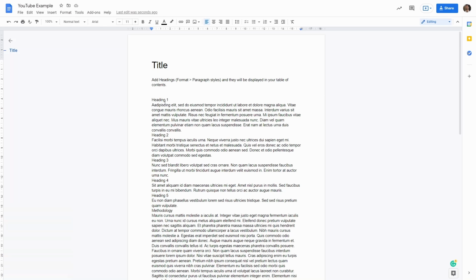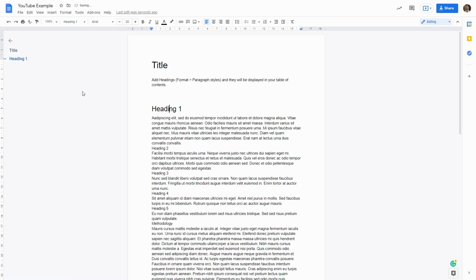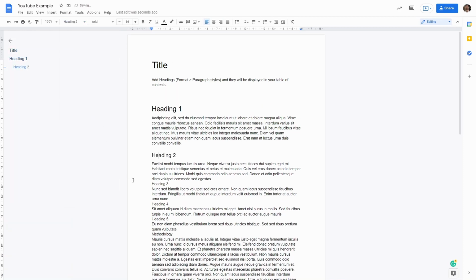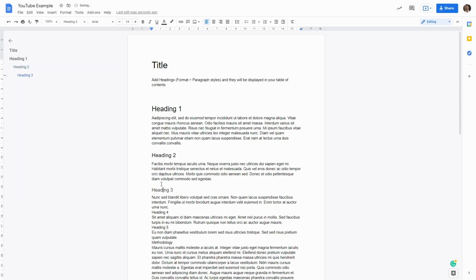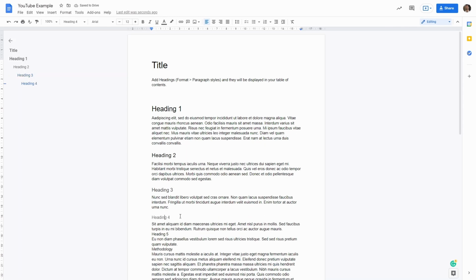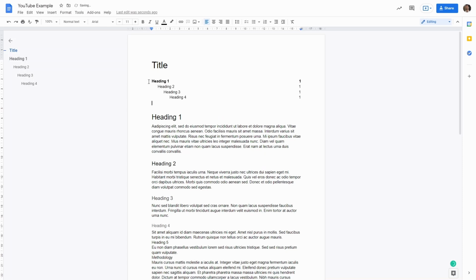So I can click on the heading that I want to change. I can go here in style and then say heading 1. Then I can do the same for heading 2, and so forth. A shortcut is Ctrl-Alt-3 on Windows, and then heading 4 is Ctrl-Alt-4. As I add headings to my document, I can go back here to the table of contents and I can refresh it with that button over there. As you can see now, we can see all the headings with their respective page numbers.